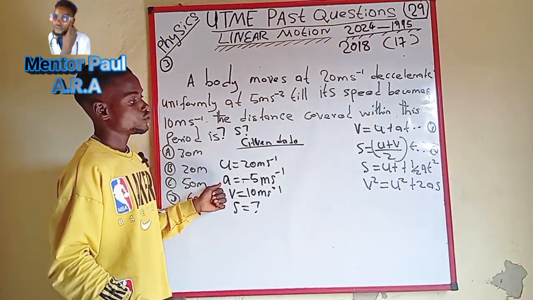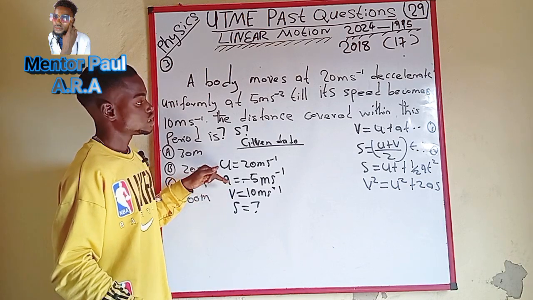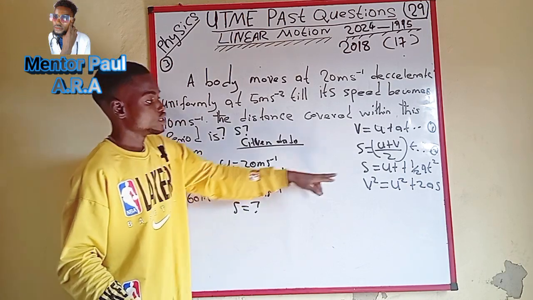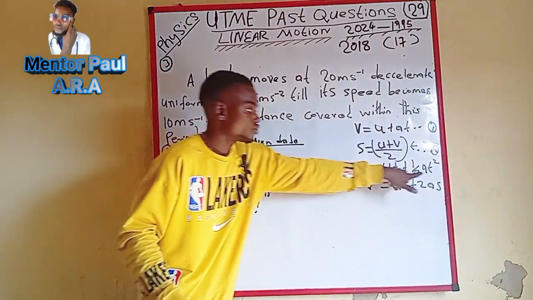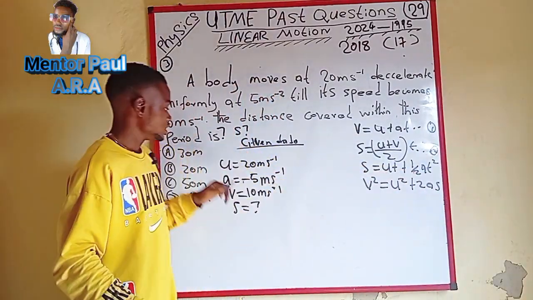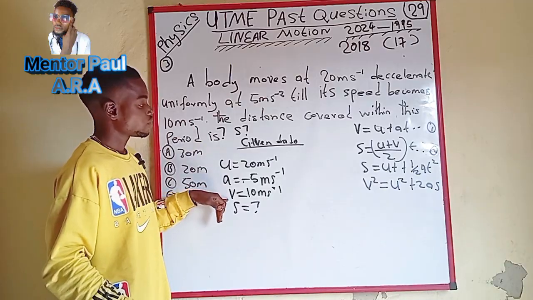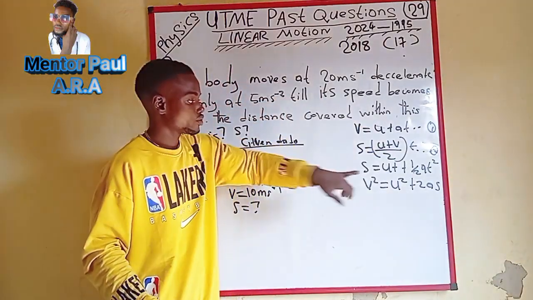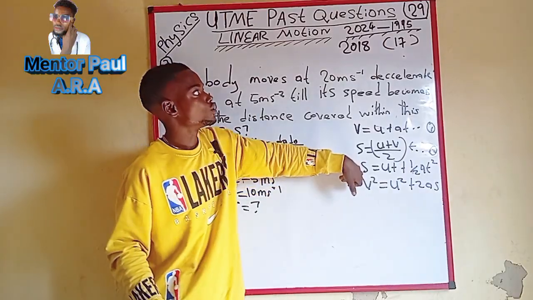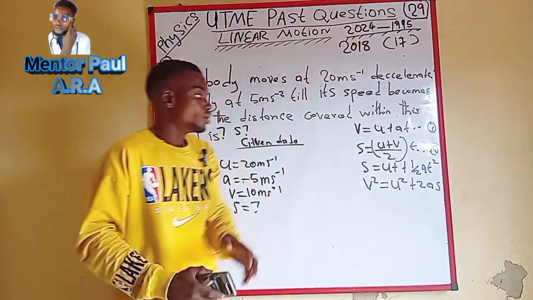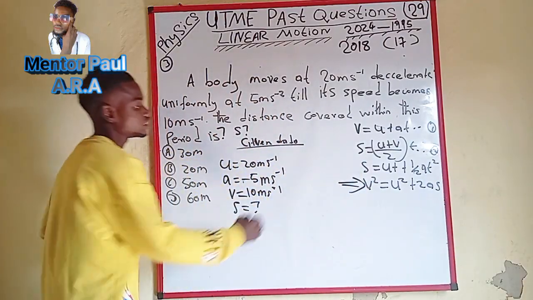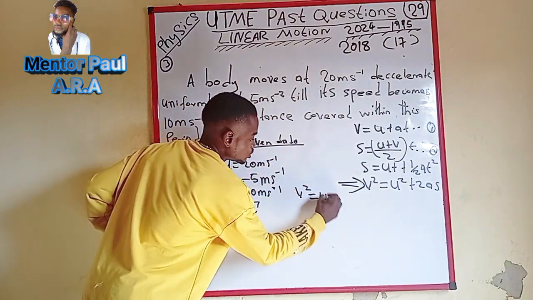For example, if you are not given the final velocity, you consider using this one when you have the time. And if you're given the initial velocity and the final velocity, you now use this one. But if you're not given the final velocity, consider using equation 3, although we are still going to analyze it as we move on. So the equation suitable now is this final equation, so that v squared equals u squared